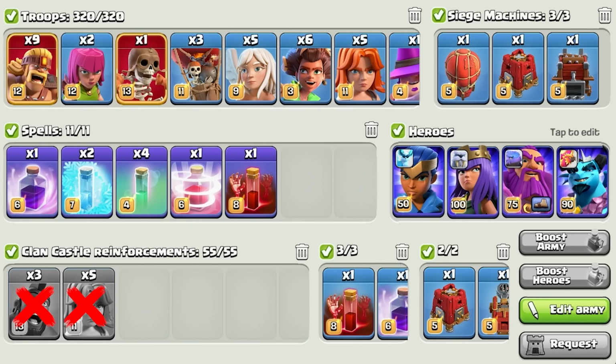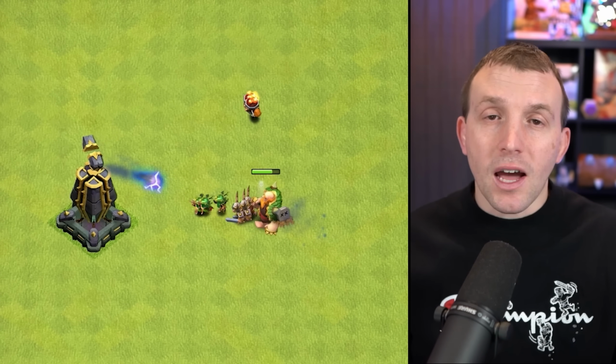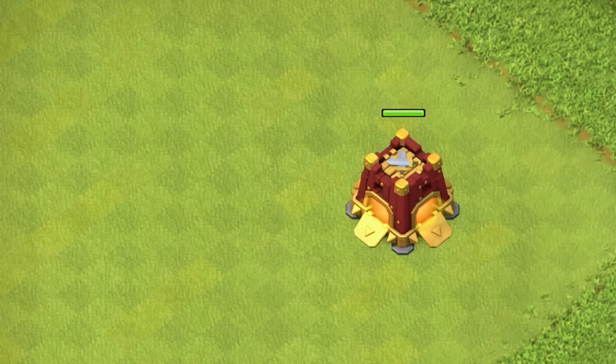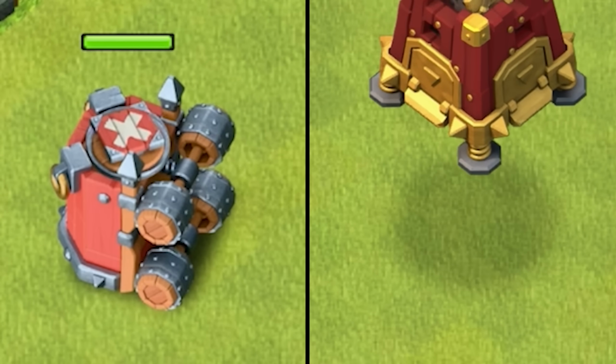Not your clan castle troops, but for the giant barbarian, archer, and wall breakers that are flung from the troop launcher itself. So you can think of this similar to the siege barracks, how you get extra P.E.K.K.A. and wizards. In this case, a variety of troops. Similar to the siege barracks,